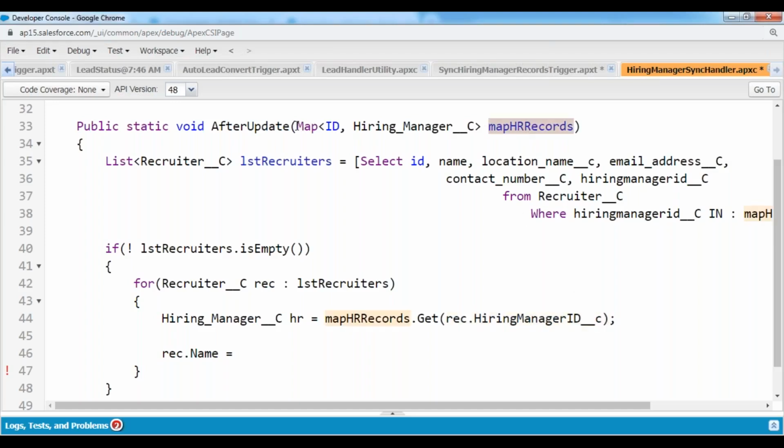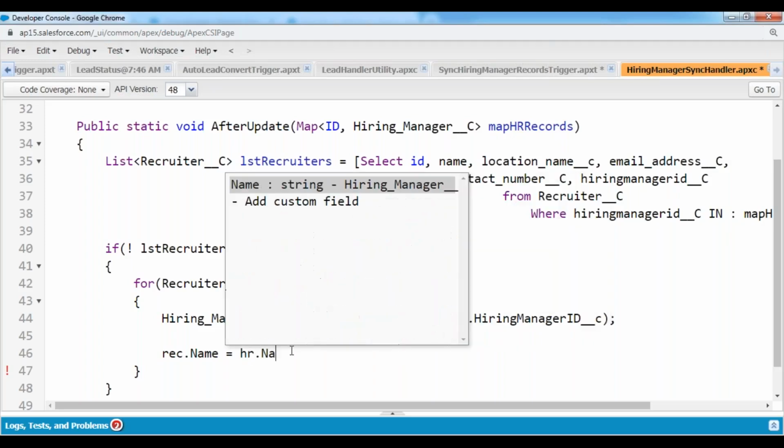In this map collection, all the HR records are available. So I want that HR record which is related to my recruiter over here. So I'm passing the HR record ID to my map collection, so the map collection is going to collect the respective HR record. That HR record information I'm storing inside my HR record. Now we can pass HR dot